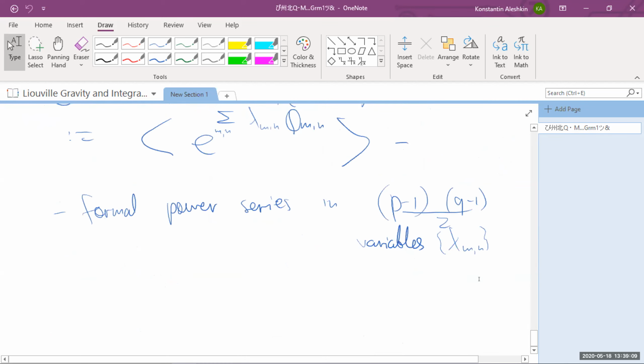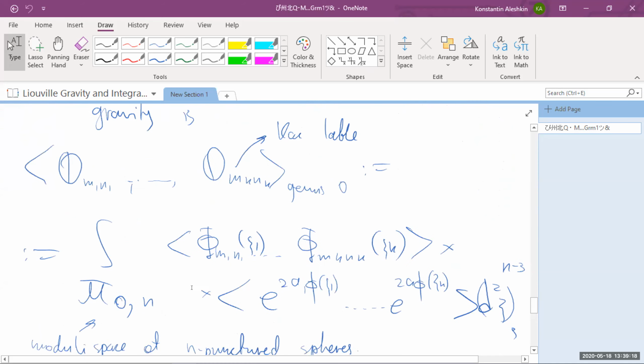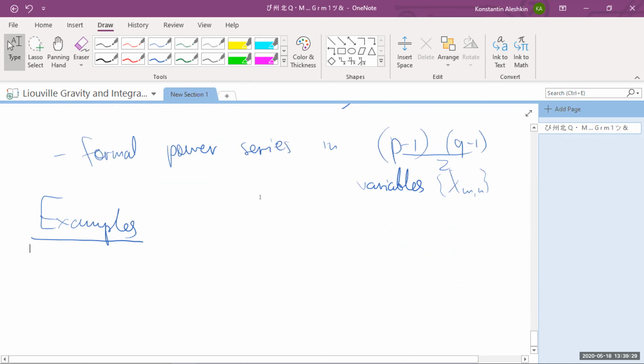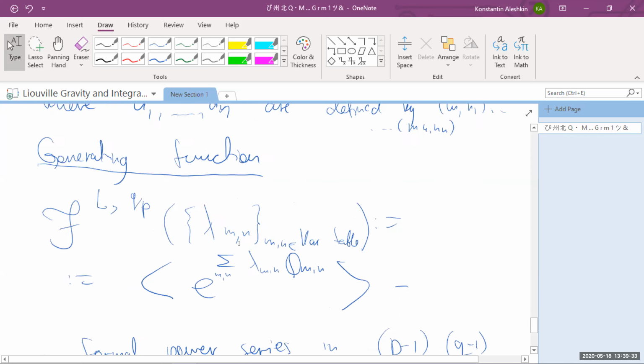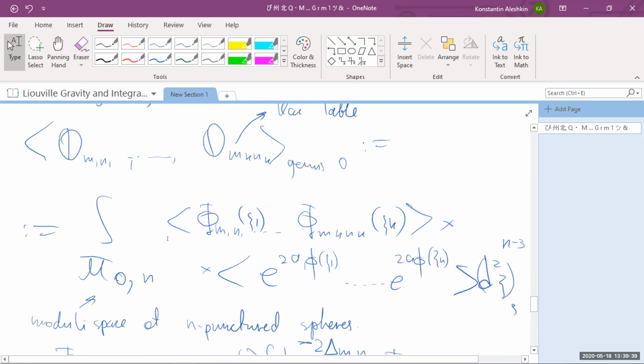So speaking about higher genus, what's the main problem with this theory? The main problem so far is that we don't know much about these numbers. They are quite complicated to compute. So let me give examples. N equal to 3. Well, if n equals 3, then the moduli space of 3-punctured spheres is just 1 point. So there is no integration, and